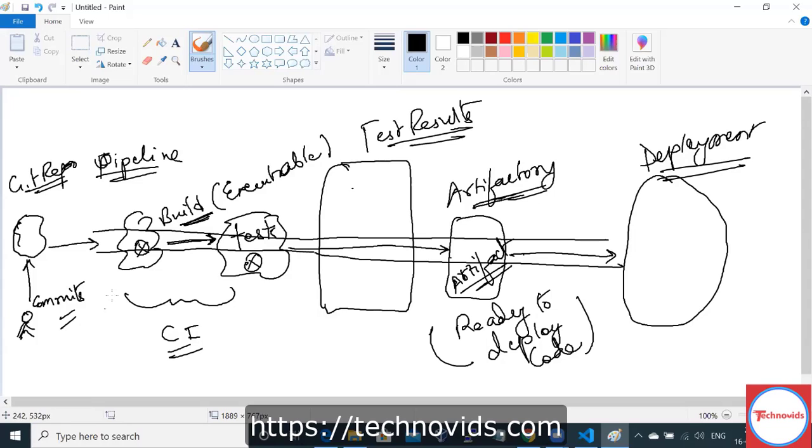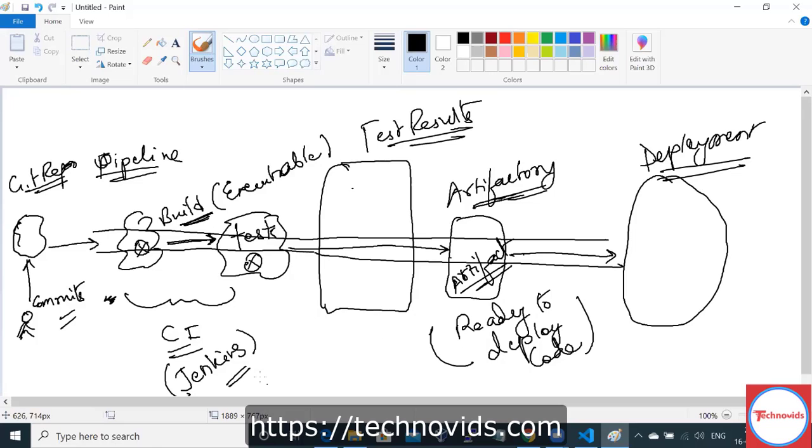Now you can have this in Jenkins as well. And from Jenkins, you can drop to the Artifactory anywhere.